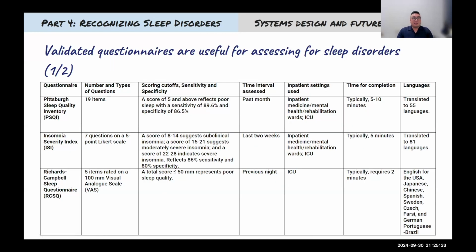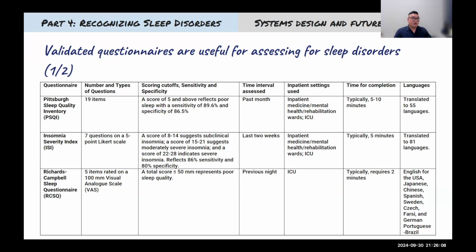How do we track a person's sleep if you are suspicious that the person has some sort of underlying sleep disorder, if they appear to be exhibiting the signs of insomnia? You might do well to use validated questionnaires for serial assessment. That way you have something on paper and you can compare the patient's presentation from time period to time period. And here are the more commonly used ones. We have the Pittsburgh Sleep Quality Index, PSQI, and the Insomnia Severity Index,